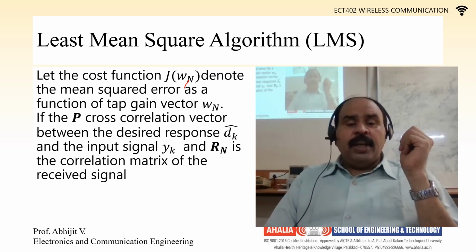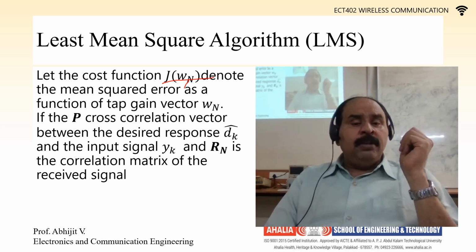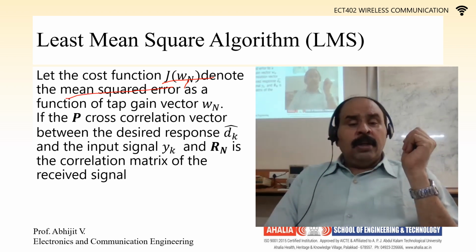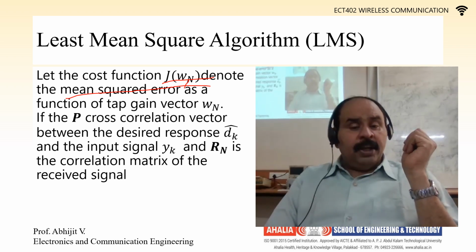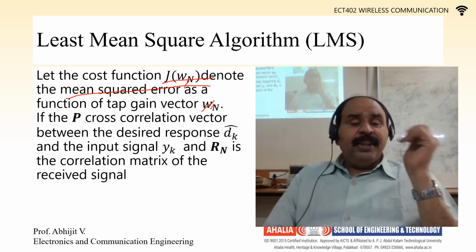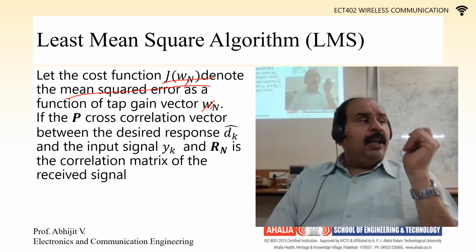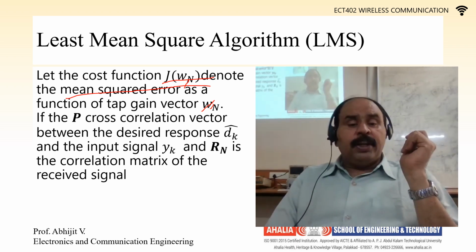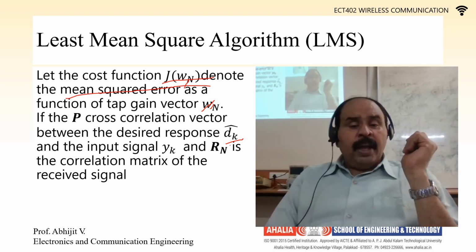We'll call it J of w_n, and it will denote the mean squared error as a function of w_n. If P is defined as the cross correlation vector between the desired response d_k and the input signal y of k, and R_nn is the correlation matrix of the received signal, then